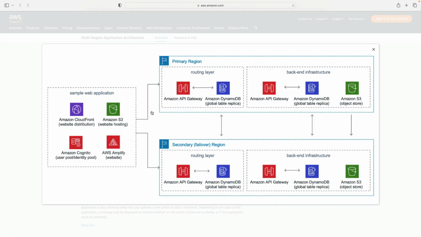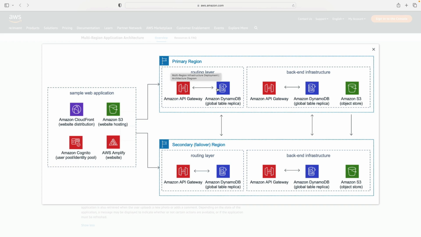And if I just look at this particular diagram, we can see here we have two different regions. One is a primary and one is a secondary, so it's for failover. And everything is serverless. On the front end here, we have CloudFront, we've got Cognito, user pools and identity pools, we've got Amplify for the front end UI, and we've got Amazon S3 for some static website code. Then the traffic is going to be directed to the API gateway, which will be a regional endpoint within this